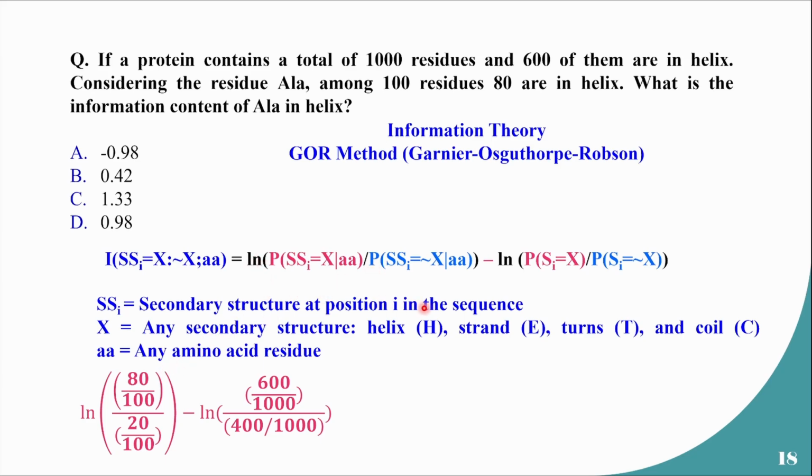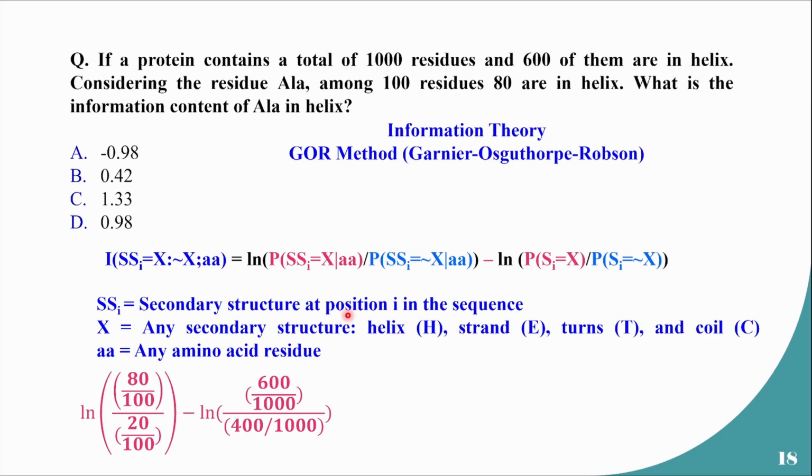And then this term is basically how you calculate it: among 800 residues, if 80 are in helix, then the probability of the secondary structure at position I, what this SSI is talking about, equals X. Okay, so equals X means how many of that particular residue are present in helix. So you have to think of it in this type of way. So among 800 residues, since 80 of them are present in helix, you can write this term as 80 divided by 100, or